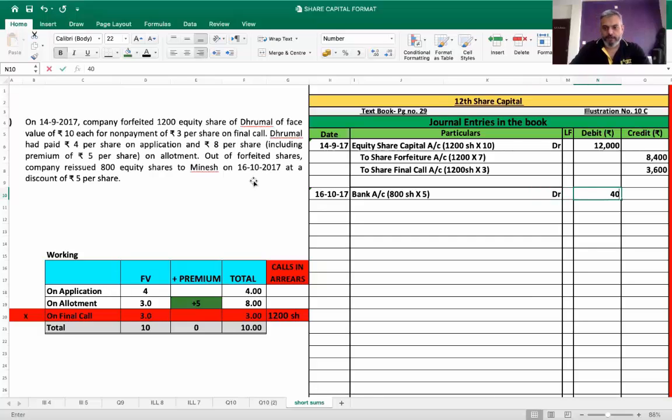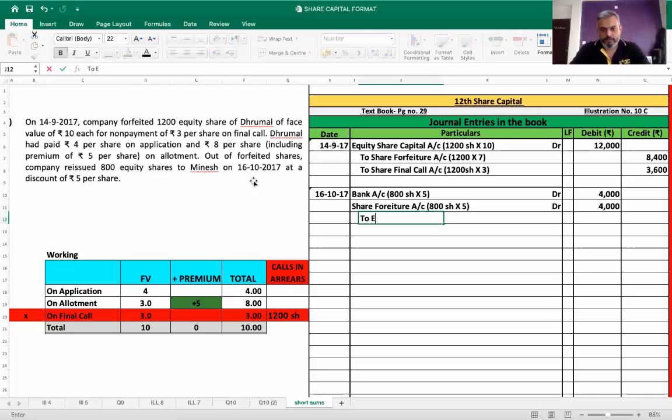So 4,000. Then 10 rupees share we issued at rupees 5, or we issued at a discount of rupees 5. So that 5 will go from share forfeiture account. 800 shares into 5, 4,000